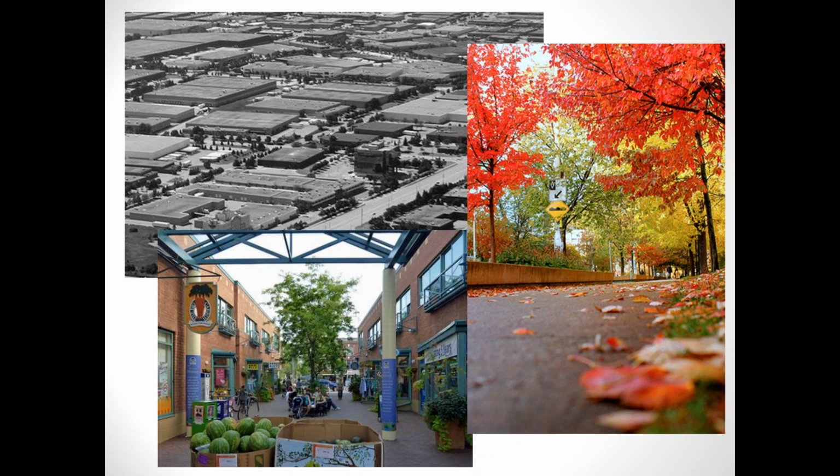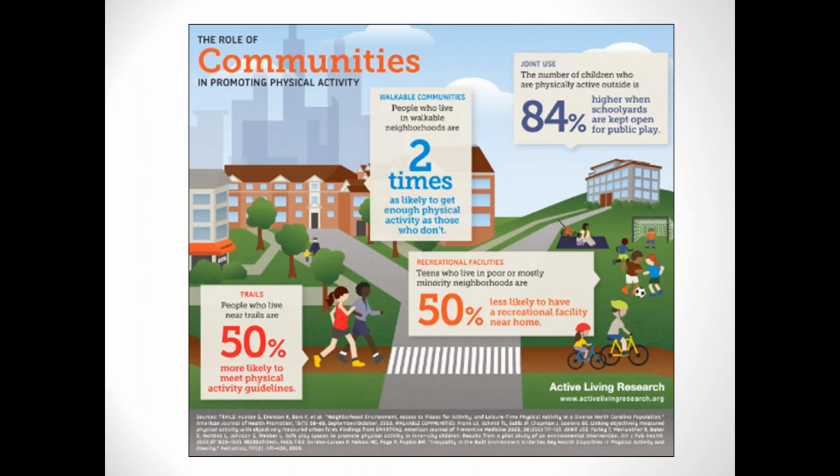But the other images I think show obviously some nice color there, but looking at that engagement with nature, looking at that availability and access to safe, nutritious foods like your fruits and veggies. And the role of communities in promoting physical activity, you'll see that, as I said through my presentation, I'm kind of hitting on some of the other pillars within the Linkages Toolkit, but that transportation element is so interconnected with healthy